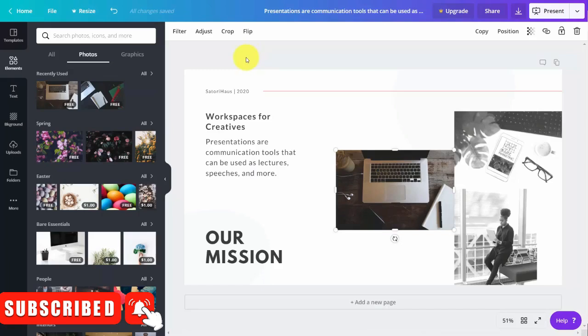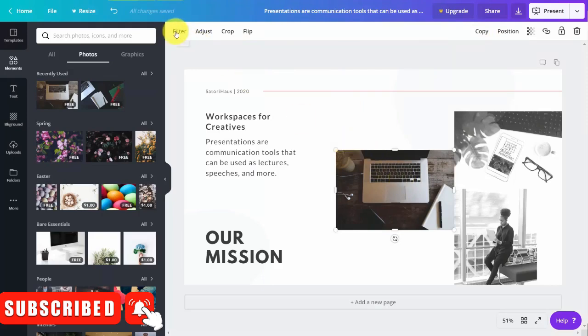Welcome back. Now before we move on to the text element, one thing that you'll note is that every time you highlight one of the elements that you place down and you click on top of that element, you're going to see a menu here at the top. All of those things pertain to this particular element that you placed. For example, if we place the cursor on top of the background, what you'll notice is that the elements change and the menu changes. If we place our cursor on top of this element, then we have a menu. And all of these are things that you can do to this particular element.